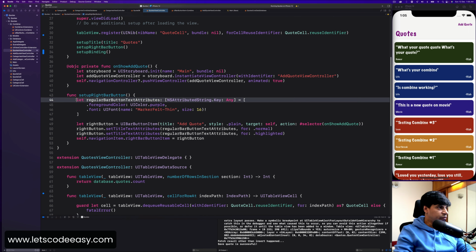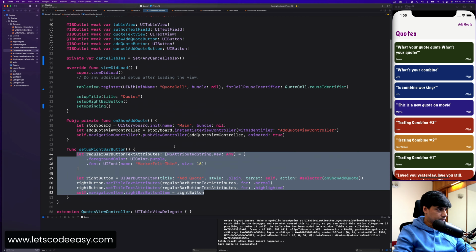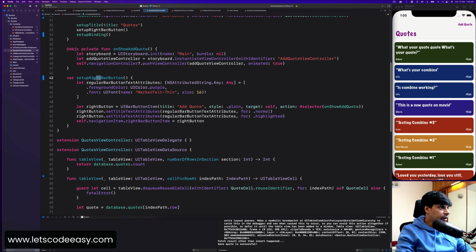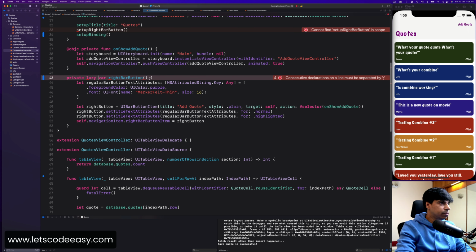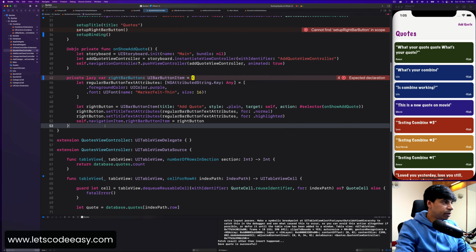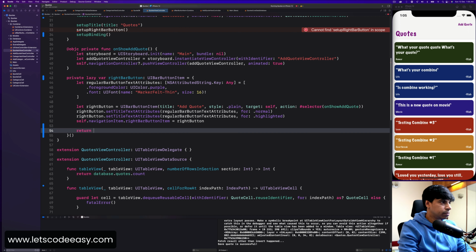So first thing, let me move this, maybe I'll just modify this itself, var right bar button, and just gonna make it private lazy var. So I'm just creating it as a variable right now and just gonna return that, and it's going to be a UIBarButtonItem. So it's pretty simple creation. It's already happening here. I'm just gonna return right button,